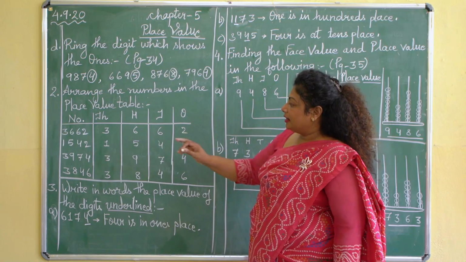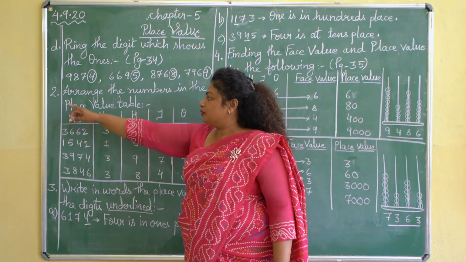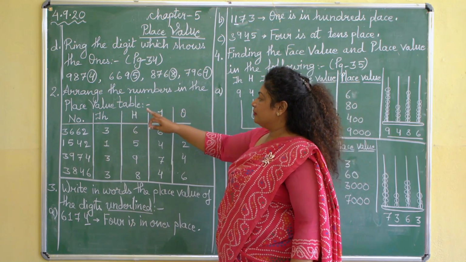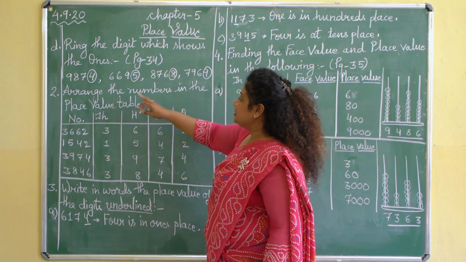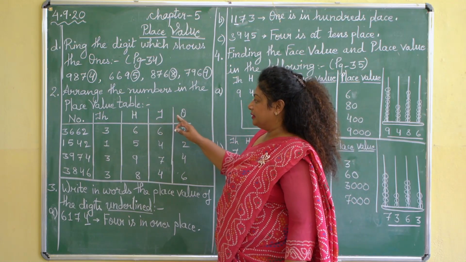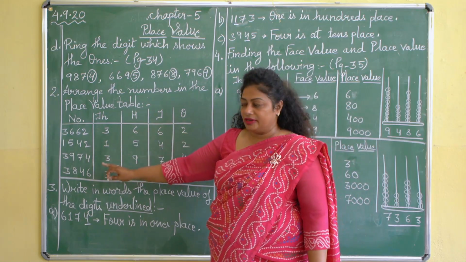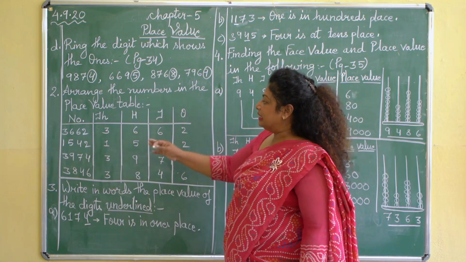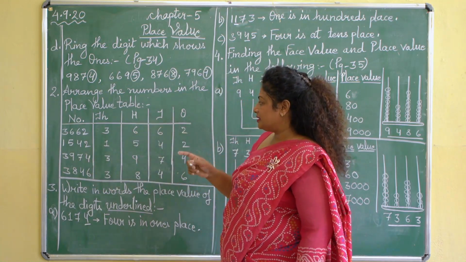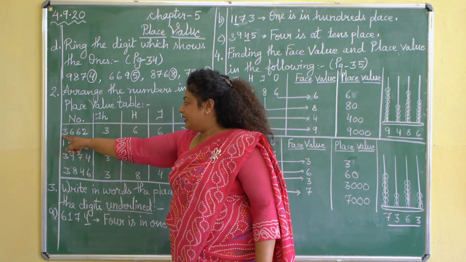Now next, we are coming to question number 2, which is saying arrange the numbers in the place value table. A place value table is given and we have to arrange the given number. Okay, children? So the first number given to you is